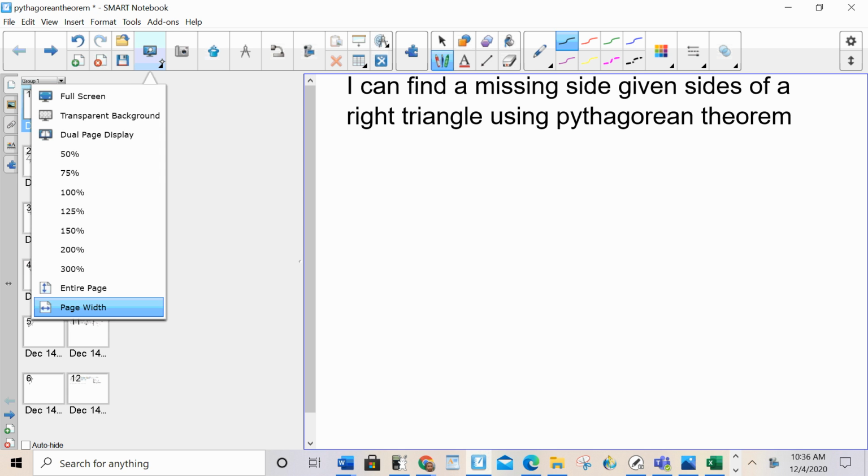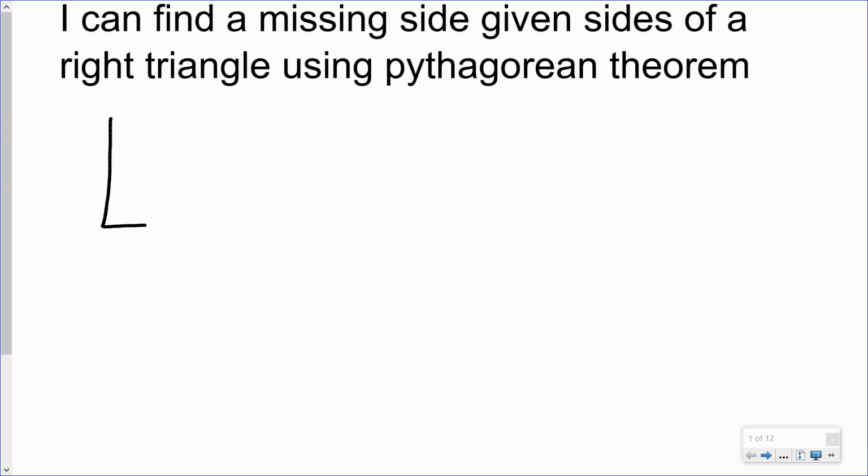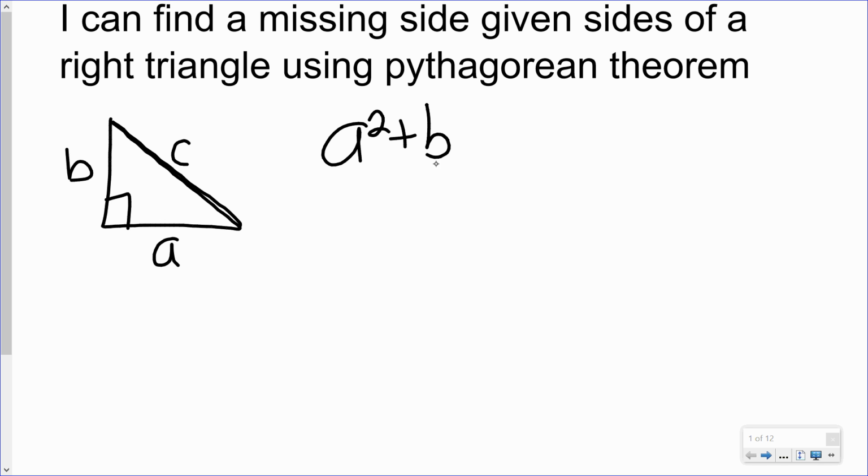So this only applies in a right triangle, meaning that there's a right angle. We're going to call the legs, the straight sides, a and b. We're going to call the hypotenuse, the long slanted side opposite the right angle, c. So the Pythagorean theorem is a squared plus b squared equals c squared. Again, where a and b are the legs,